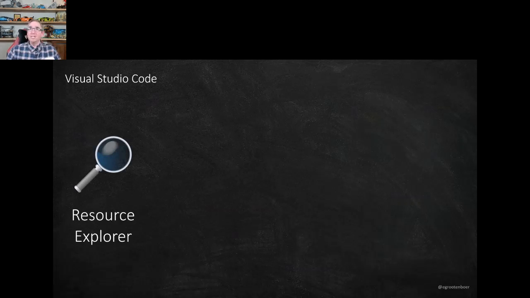So the final part I want to talk about is tooling. And tooling is very important with API management because API management can be quite large. So you need good tools to actually work with this. And I love Visual Studio Code for working with anything Azure, but especially API management. Because first of all, I can just very easily explore my resources. I can get a whole list of all the different resources I have within all my different instances over my different subscriptions.